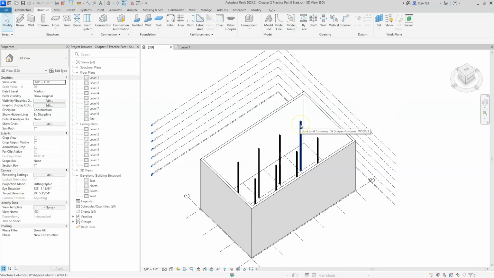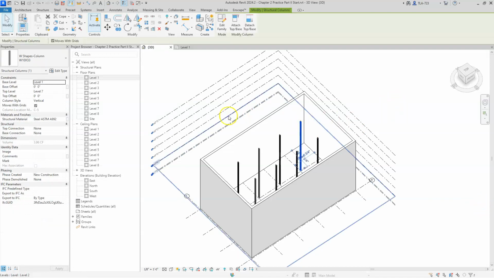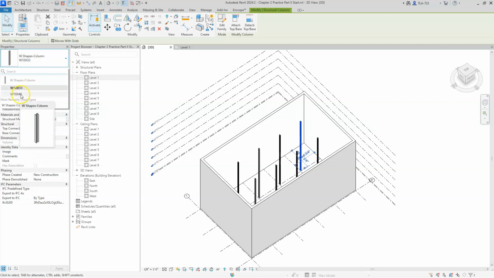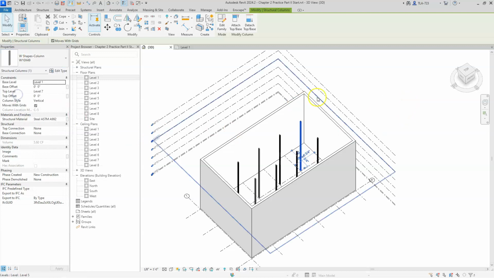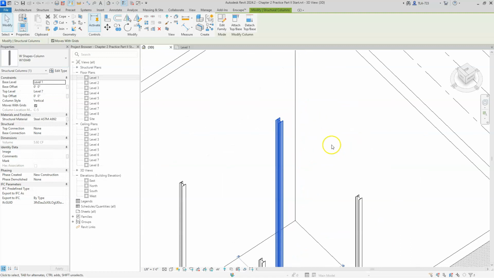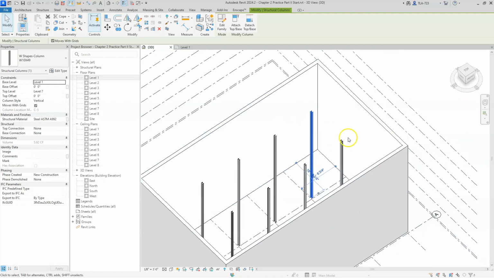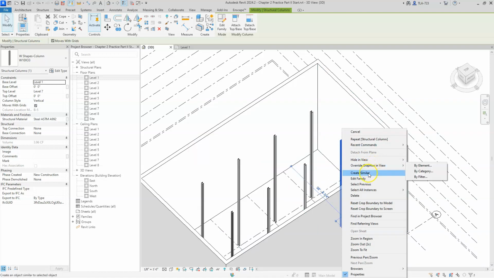Well, we all know, or hopefully we're learning, that if you select an object, it shows you the properties of that object, including its type, the type that you specified when you placed it. And all you have to do to change that type is to pick another one in the list. And if you don't have the one that you need, you can always load a new family type, right? But in this case, we could just pick this 10 by 49, and now that column is going to be a different one than all the rest. But if you had to do that to all of them, it wouldn't make sense to repeat that process 8 times. It makes much more sense to right-click on the column and say Select All